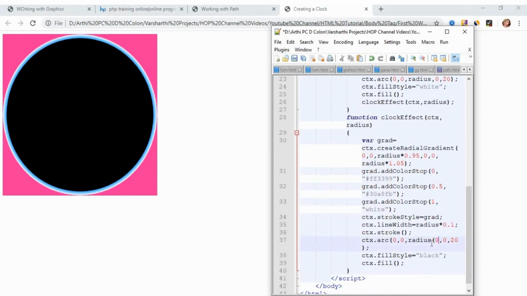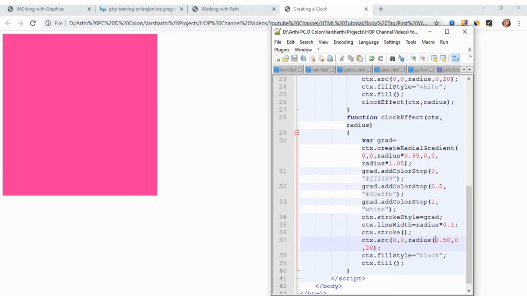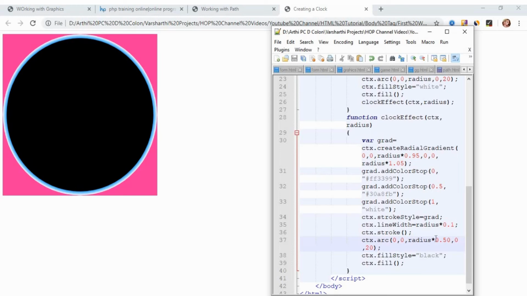So if we reduce it to 50%, just for an example, so if here we have reduced the radius to 50%, just reload it. Again it is displaying inside a circle. So reduce it to 10%, right?